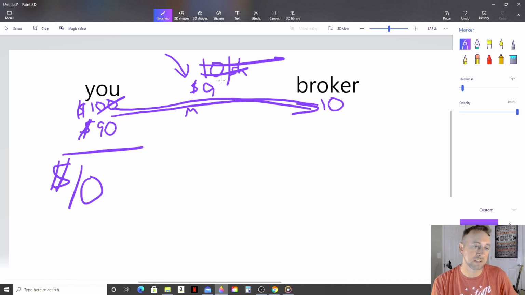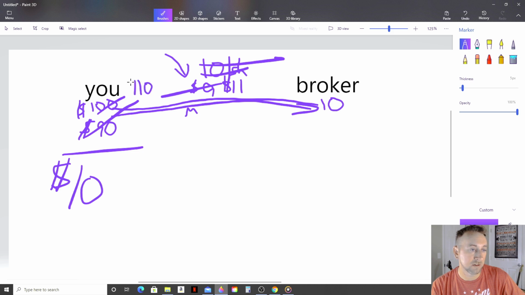If it goes against you, let's say it goes up and it's $11 a share for that stock, and you say, oh no, it's going to keep going higher. You're going to buy your 10 shares at $11 a share, so you're paying $110 for those same shares, and then you're going to give them back to your broker. You sold them for 100, then you had to pay 110 to get them back in order to return them to the broker you borrowed them from. So now you're down $10. It cost you $10. Hopefully that makes sense.